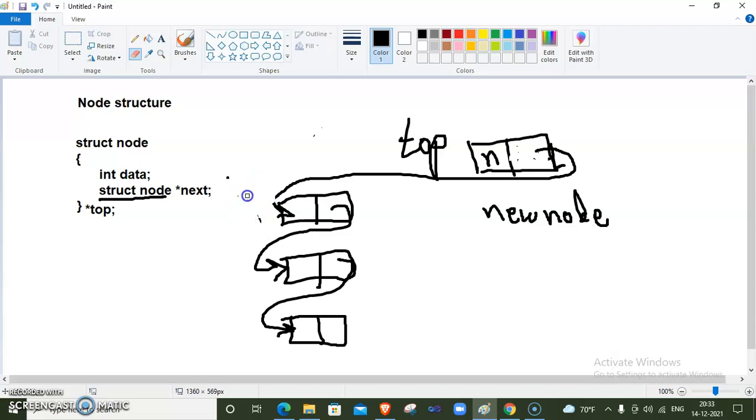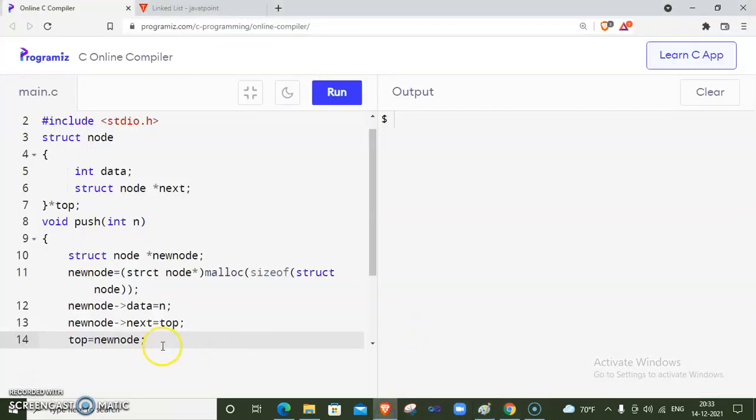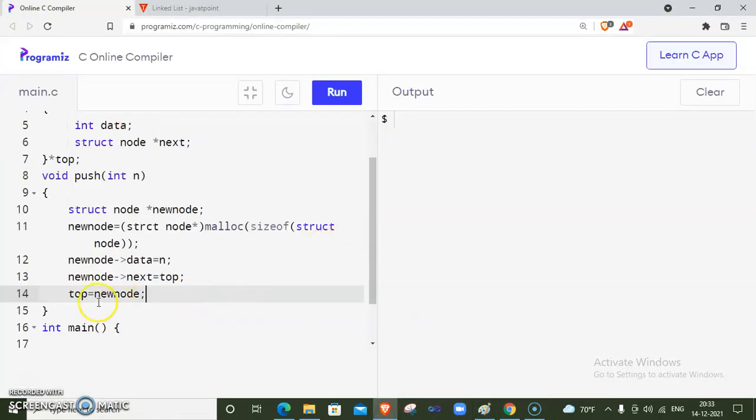Okay, so this code is for the push operation. Now see the case where there is no element.